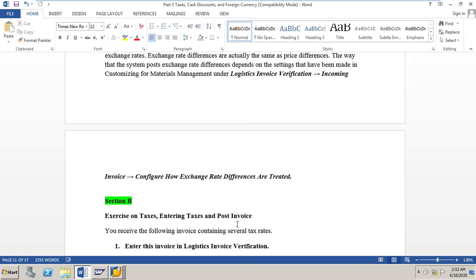Finally, in the last part we will post one invoice in a foreign currency, and see how to display the exchange rates, the rate in the company code currency and the currency of the country of the vendor, and how to simulate and post the invoice.